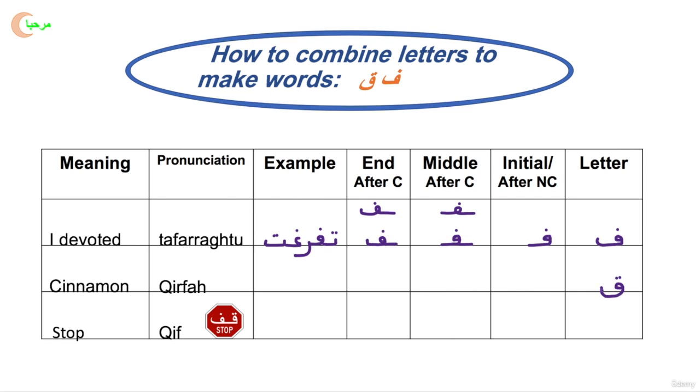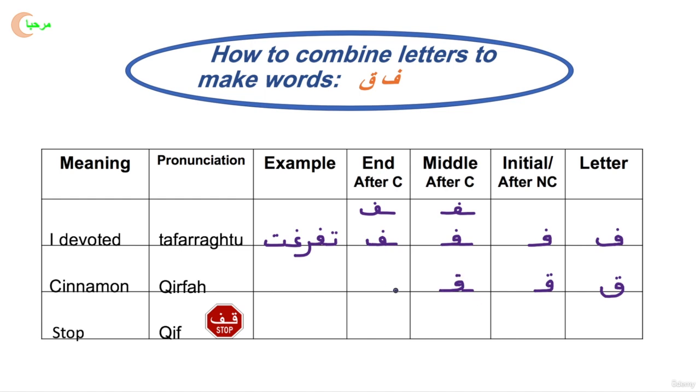Now, even though it goes below the line, when it's at the beginning of a word or after a non-connector, what will happen? Right, it will go on the line. So it will look exactly like the fa, but instead of having one dot, it has two dots that you can also join. Now, in the middle, you have the connection. Then you have the circle, and also it's going to go on the line. And then don't forget the two dots. And we are not closing the door.